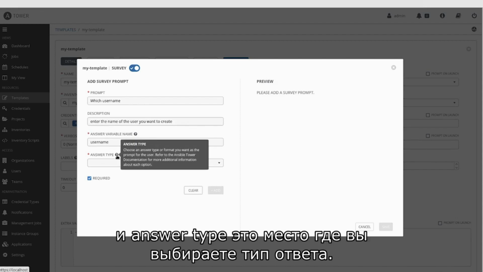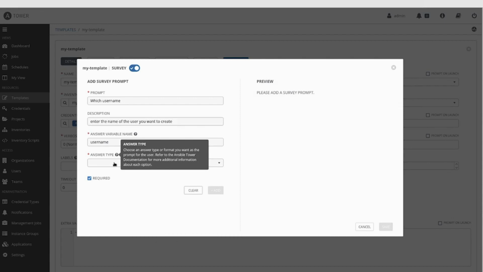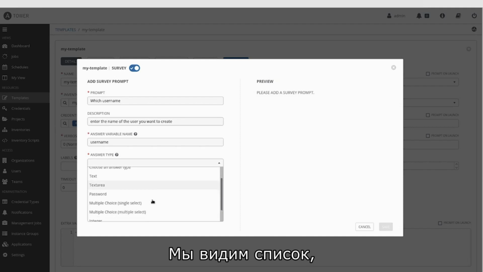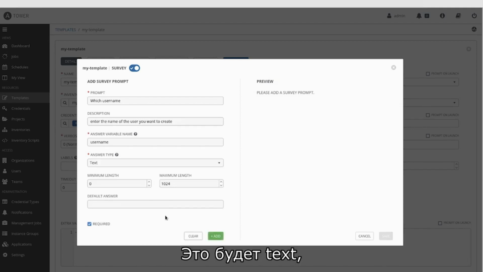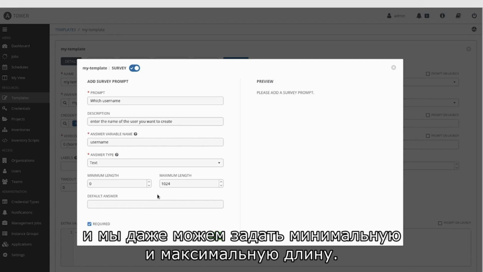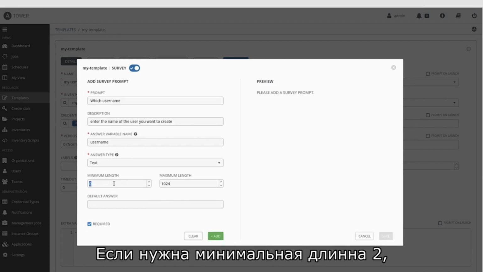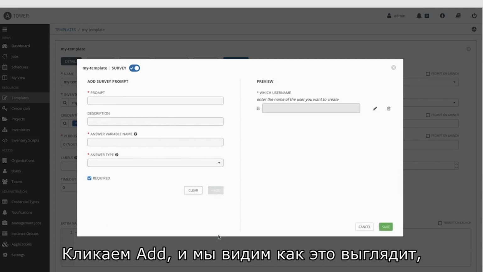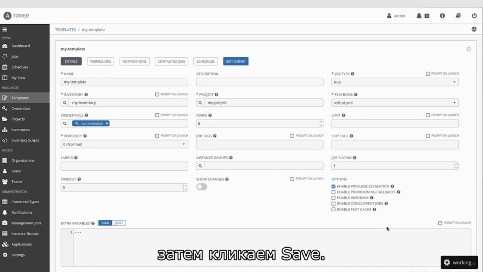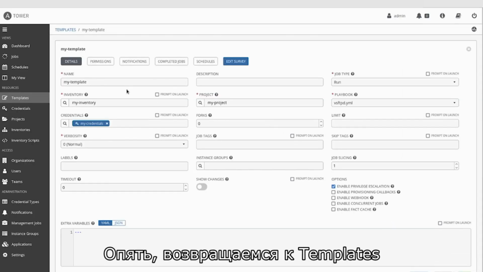And then we have the answer type, and the answer type is where you can choose an answer type. And we have a list, and in the list you can set all these different types of variables. So this would be text, and you can even specify minimal and maximal length. So if you need at least two characters, you set a minimal character length of 2. Then you click Add, and then you see what it looks like, and you click Save. So then you go back to the template,